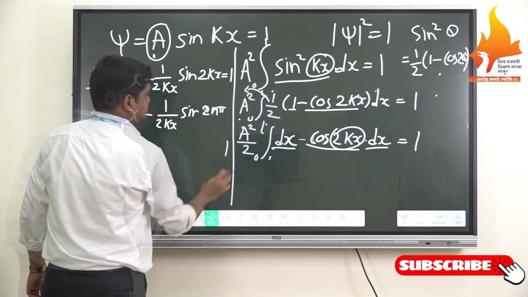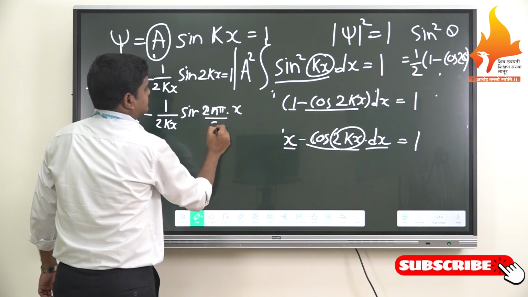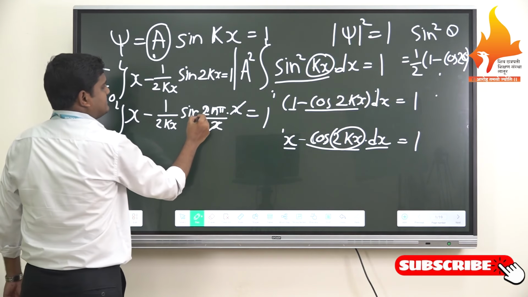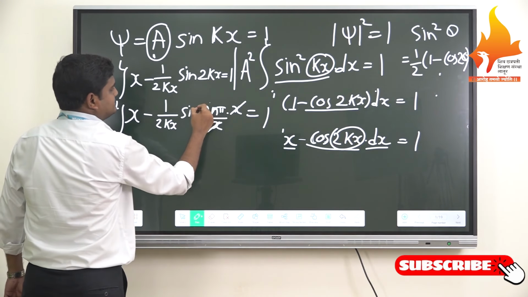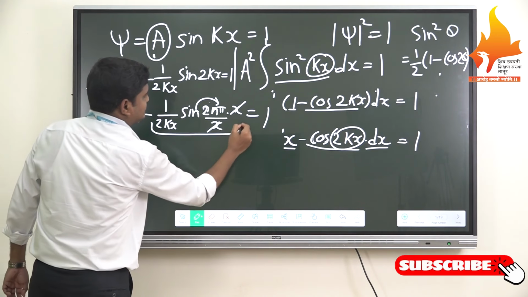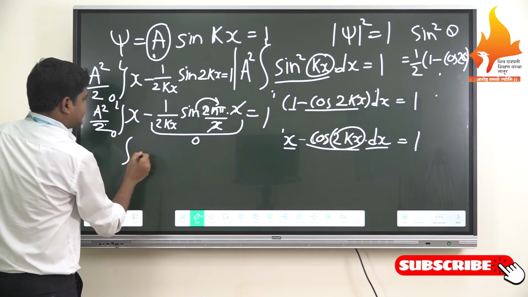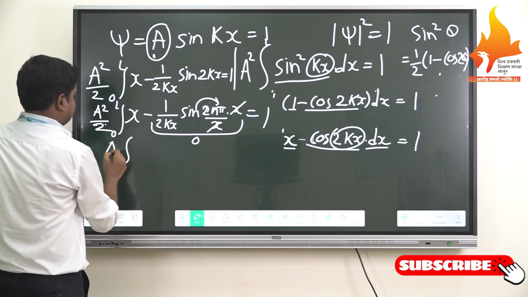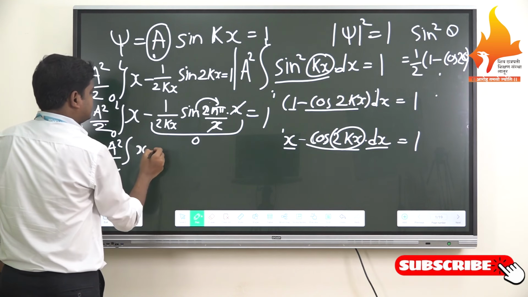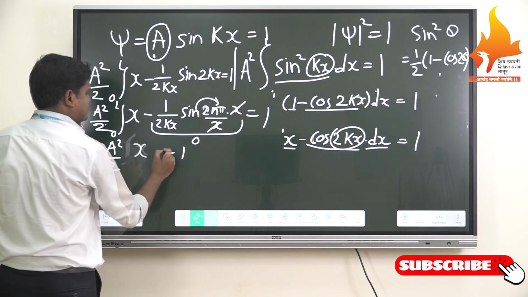2nπ into x divided by x is equal to 1. The x terms cancel out, then sin(nπ) is always equal to 0. Then this whole term will cancel out and gives only 0. Therefore, the term which gives a² divided by 2x is equal to 1. We cancel this integration, and it is equal to 1.